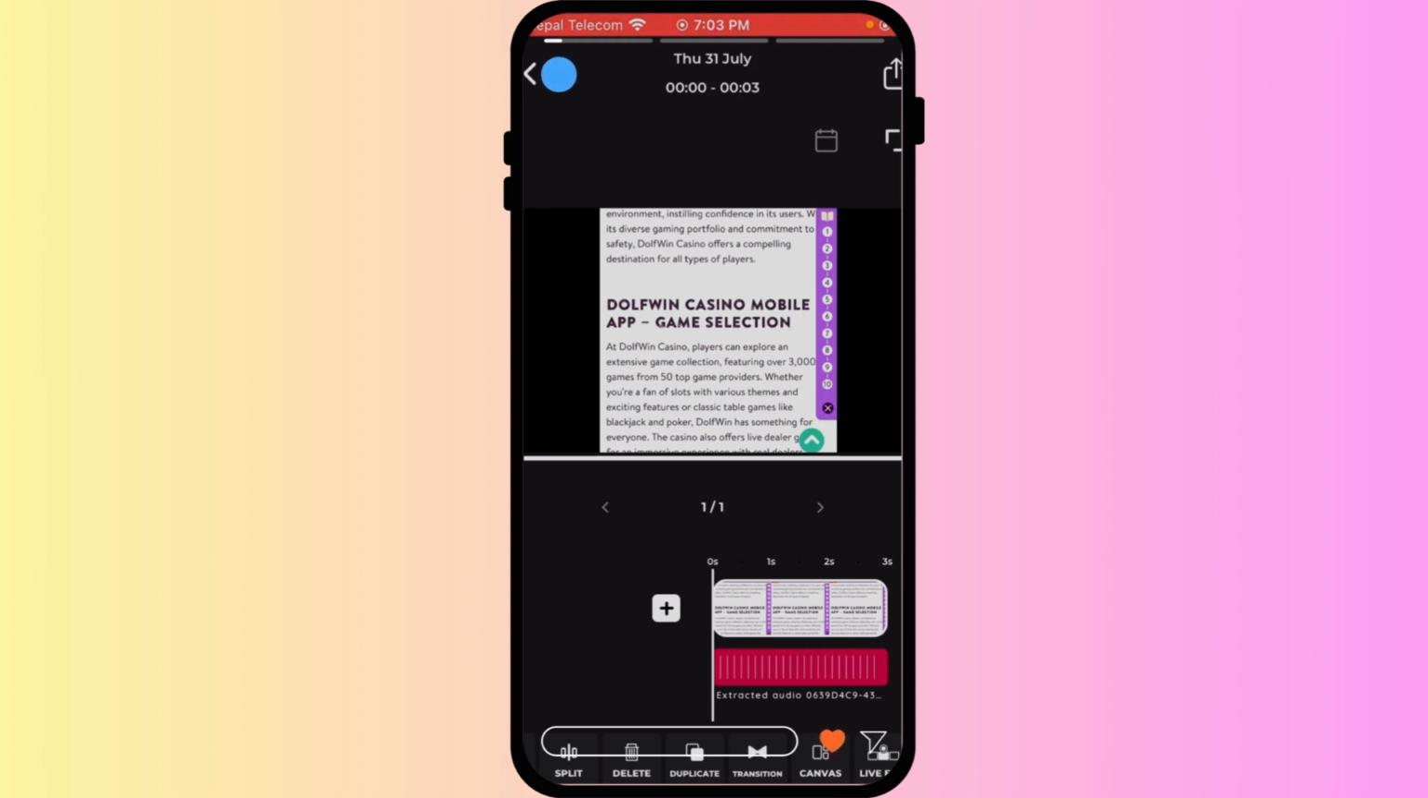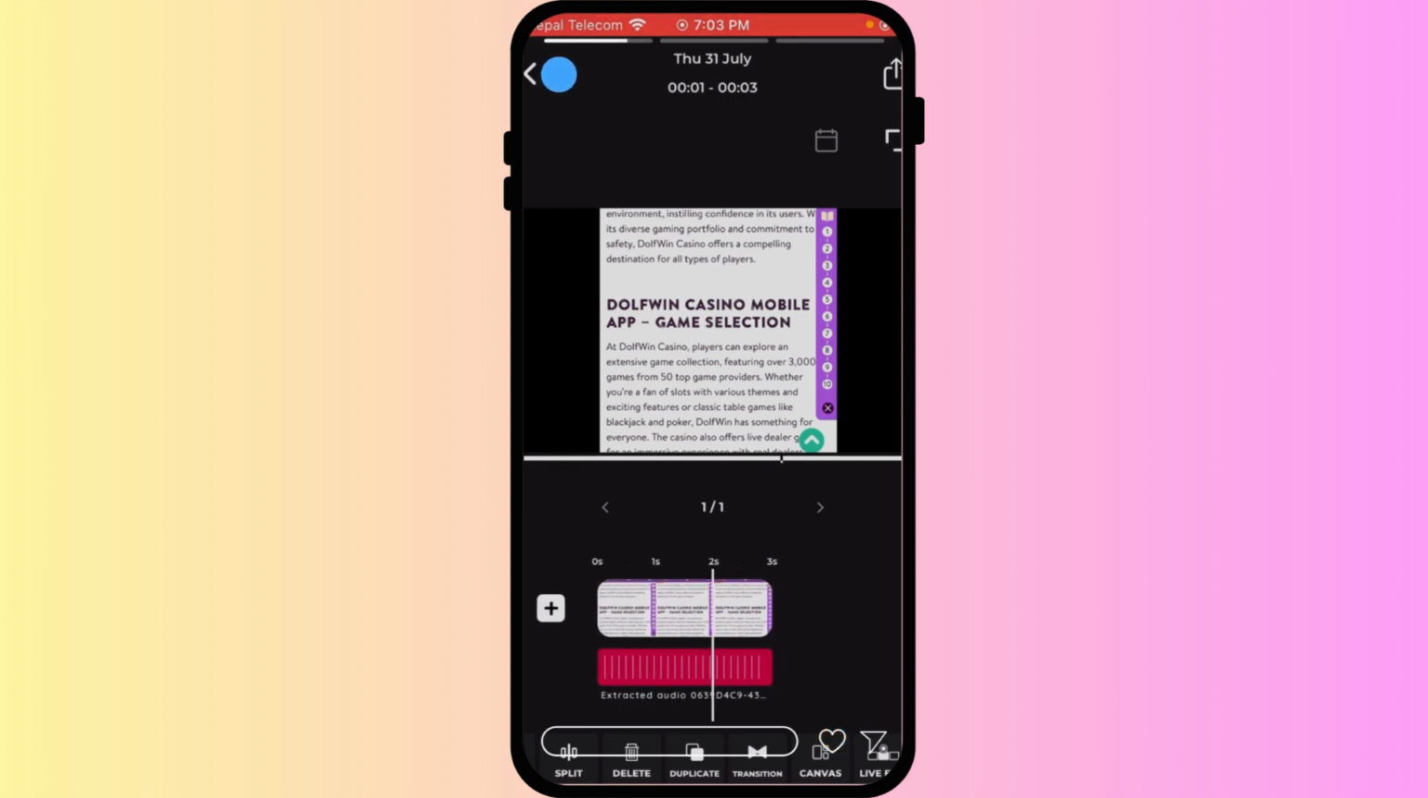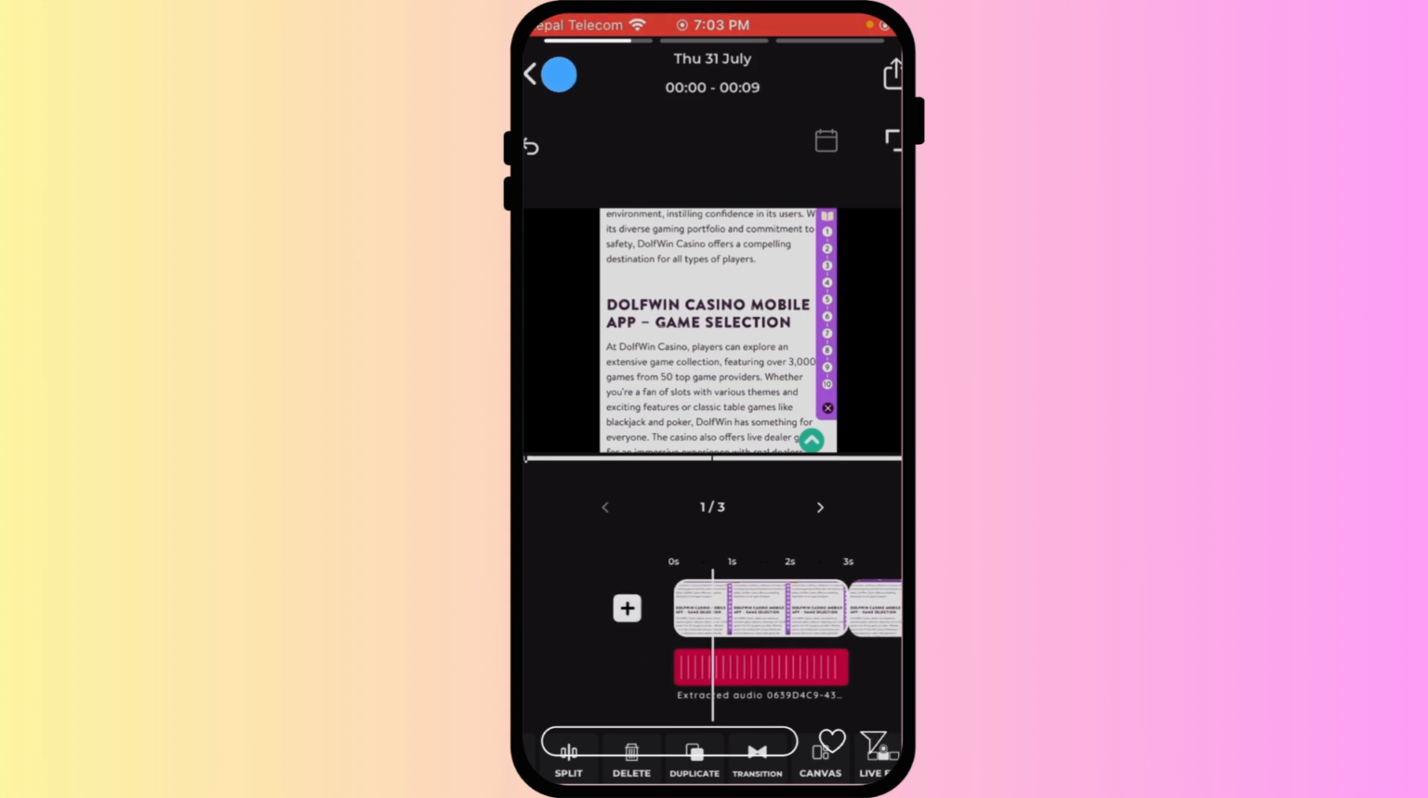Select your trimmed video clip on your timeline and then use the duplicate or copy function to create multiple copies of this clip. Place these copies immediately next to each other on the timeline. Once you have several copies of the clip arranged consecutively on the timeline, export the entire sequence as one continuous